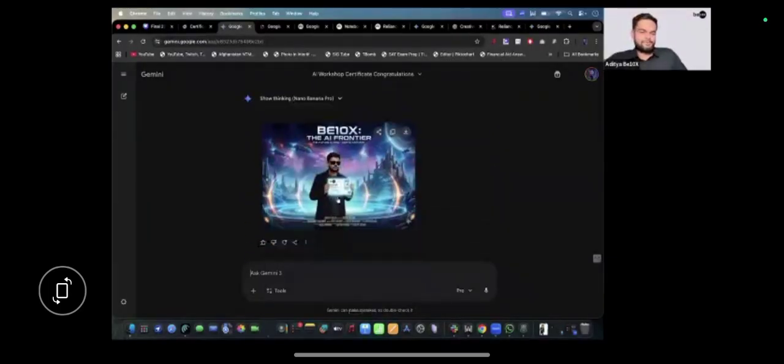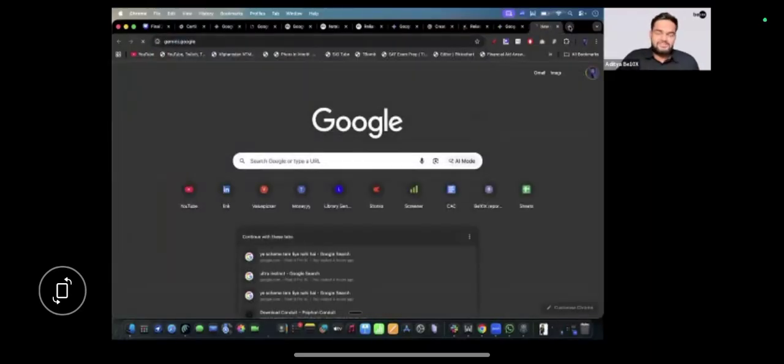Is Gemini free? Absolutely, it is free. So this is how you can use Gemini. Also, you can use ChatGPT as well. It is also really great. You can use it for creating any kind of poster or anything. Let's say if you don't feel like this is a professional use case, I'll just show you how you can use it in work settings.